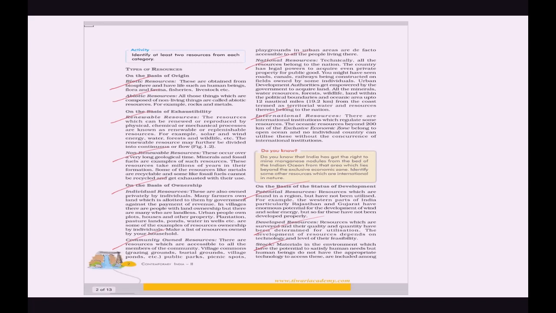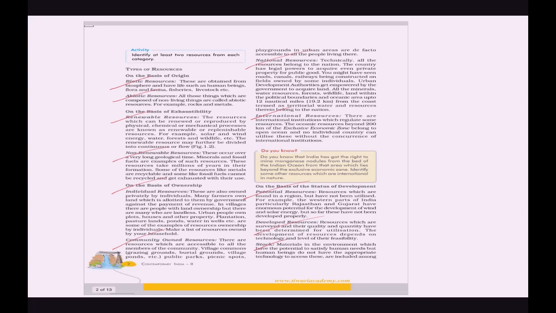Now talking about non-renewable resources, students, the resources which, once consumed, cannot be replaced are known as non-renewable resources. For example, oil, coal or petrol; we cannot use anything else for that resource. Moreover, non-renewable resources take millions of years to form. If they are finished, what will we do for those millions of years, the time it will take to reproduce,